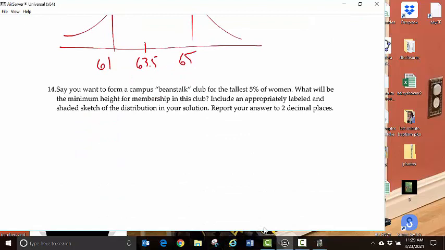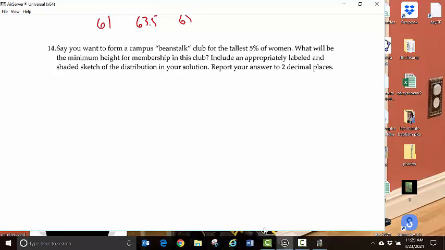So say you form a campus beanstalk club for the tallest 5% of women. What will be the minimum height for membership in this club? Include an appropriately labeled and stated